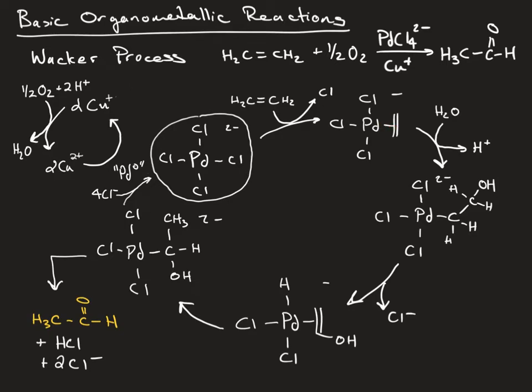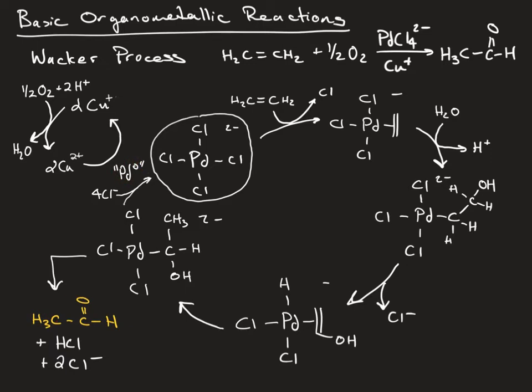In a series of steps, an OH from water is added to a carbon on that ethylene through a migratory insertion type reaction. You then lose a chloride. You undergo a hydrogen elimination process, reforming the CC double bond and this palladium hydride species. You then undergo a hydride insertion, forming this alcohol ligand here, which then reductively eliminates, forming your aldehyde species and